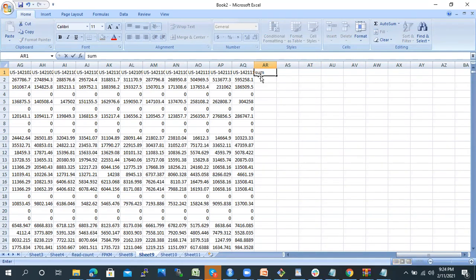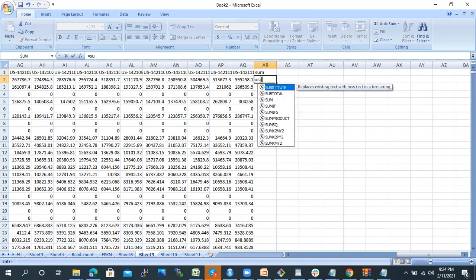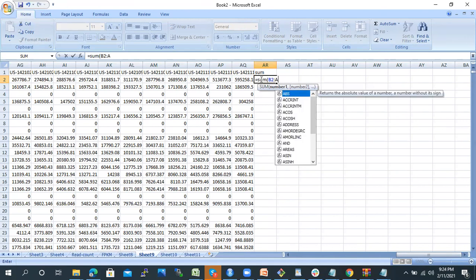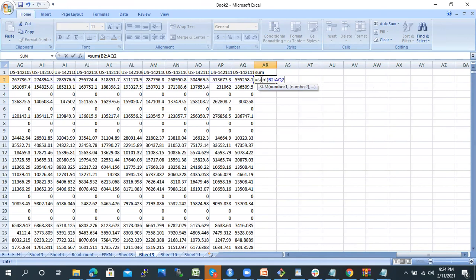If you just do the sum, then B2, as this is the second row, to AQ2, that is the second last column.